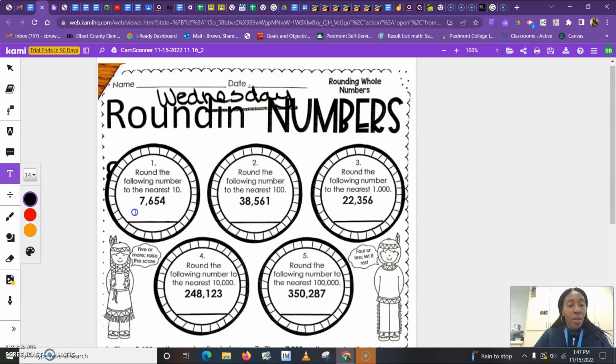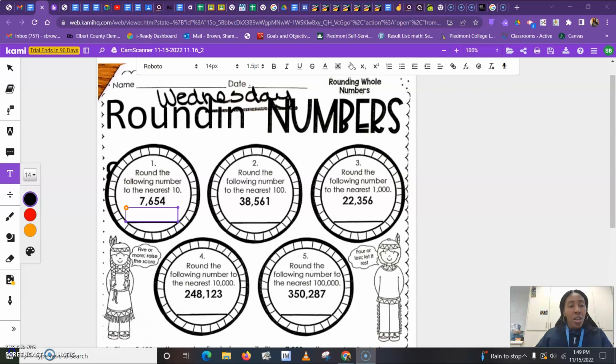So I'm going to do this for an example. Okay, so I know that 5 is going to stay a 5. And remember that everything else before the 5 stays the same. So my 7 will still be there. My 6 will still be there. My 5 will stay the same. Then everything after the place we're rounding to turns into a 0. So that means my 4 will become a 0. So my answer is